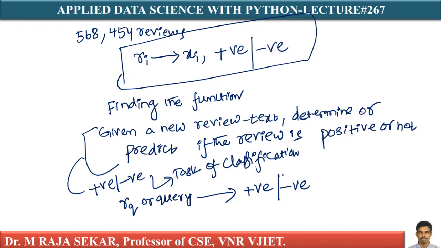We are classifying a new review into two classes. The first class is the positive class and the second class is the negative class. That's why it is called classification. The classification can be thought of